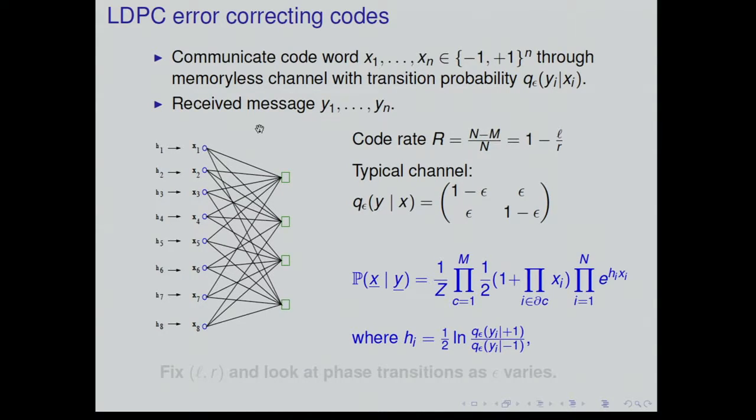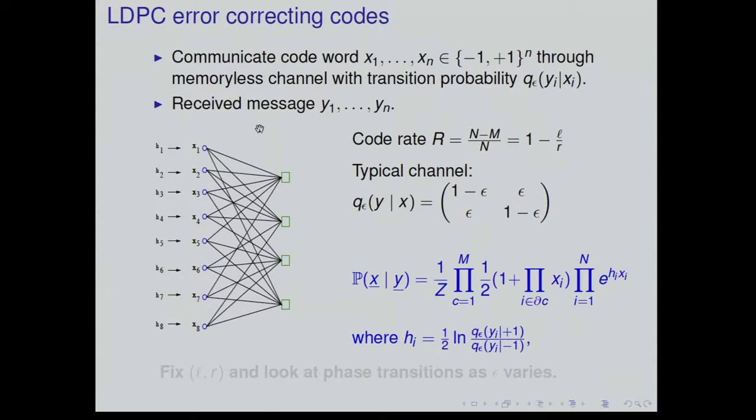So you have to study this measure over the spins x given your channel observations y. And this measure is the measure of some kind of spin system where you enforce the constraints here. The product of the spins should be equal to +1, so this is the indicator function for this product. And you have a prior measure over the spins that in fact contains the knowledge that you have